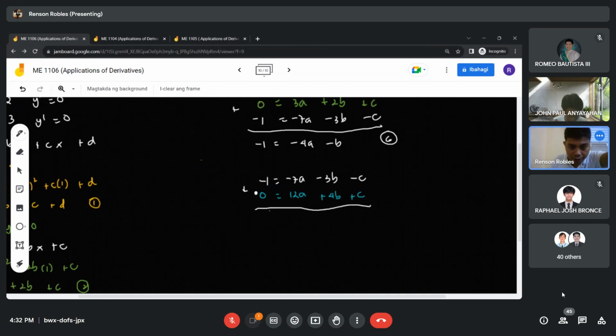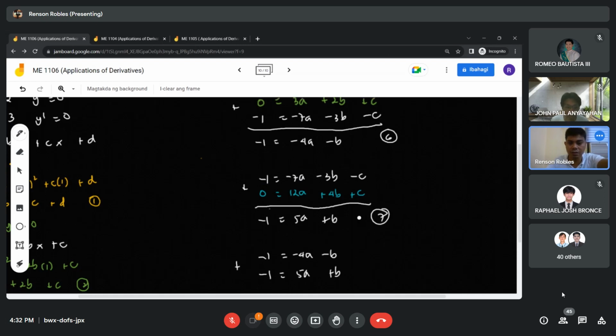You have negative 1 plus 0, negative 7 plus 12a, then negative positive b. Okay, then equation 7. Using equation 6 and 7, negative 1, negative 4a minus b, negative 1, 5a plus b,